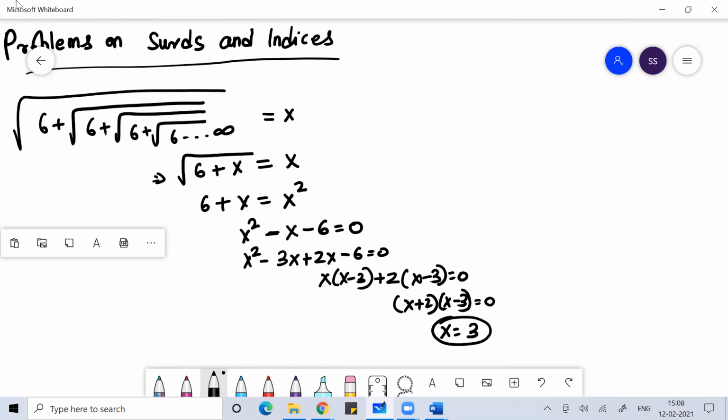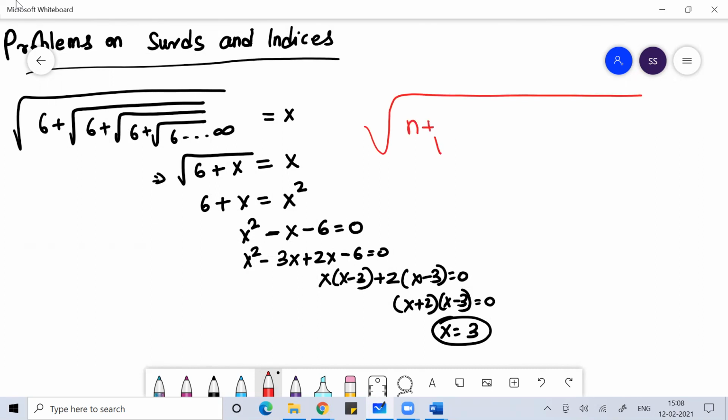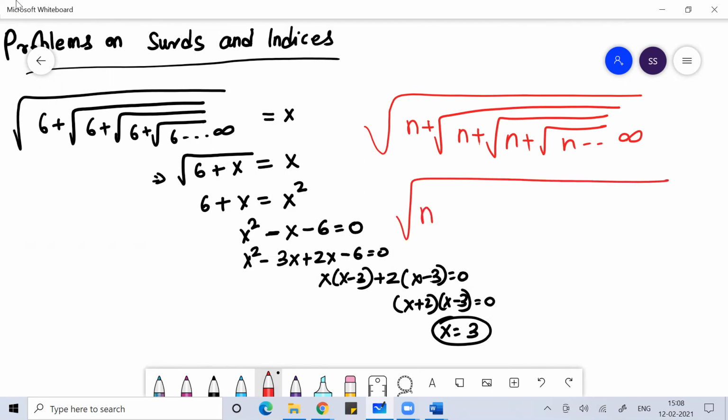Okay, so this is the traditional way of getting the answer. What is the non-traditional way? How can you solve this question very fast? Whenever you see this kind of pattern-based question, where you have to solve an expression like this, either with plus sign or with minus sign.